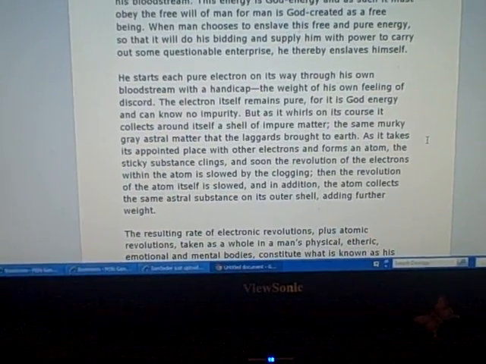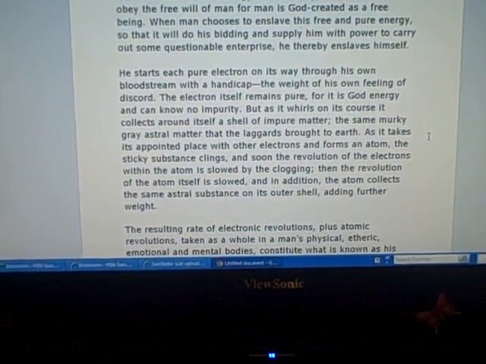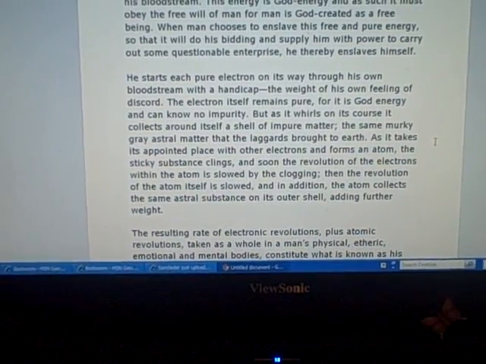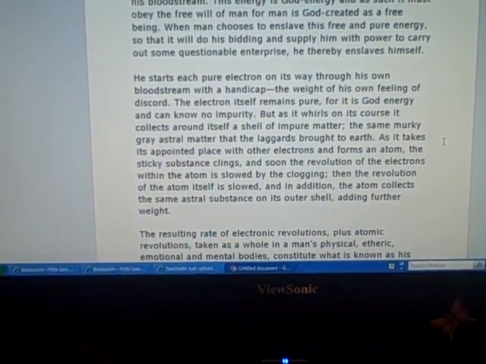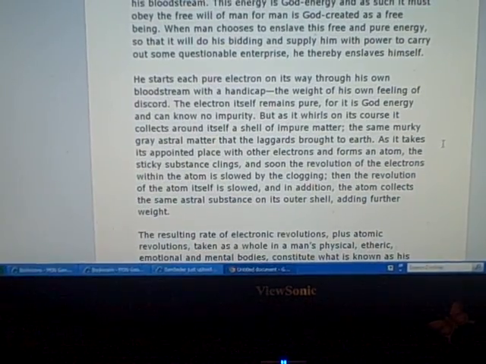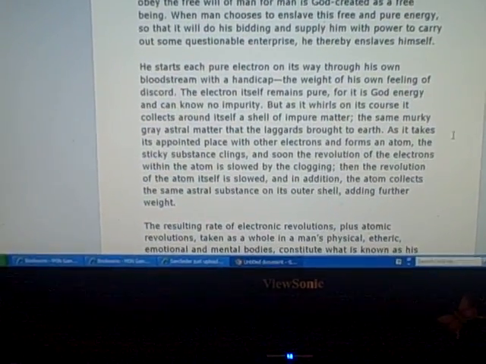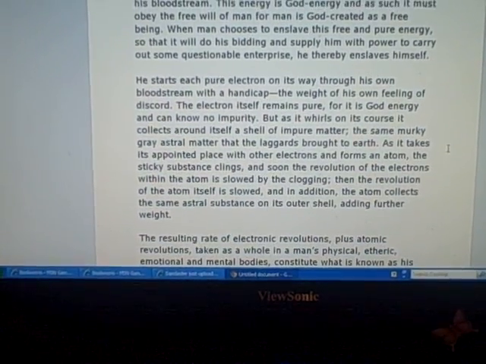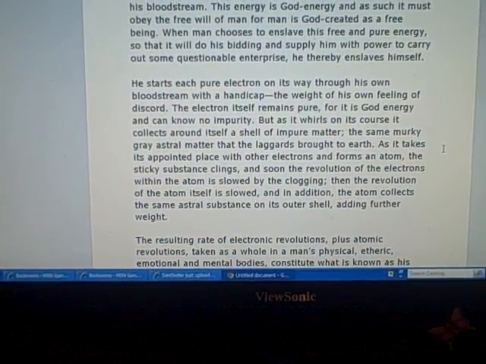It caused them to all change, because they brought in thought emanations that did all this damage. Okay, back to where it says, the same murky gray astral matter that the laggards brought to Earth,